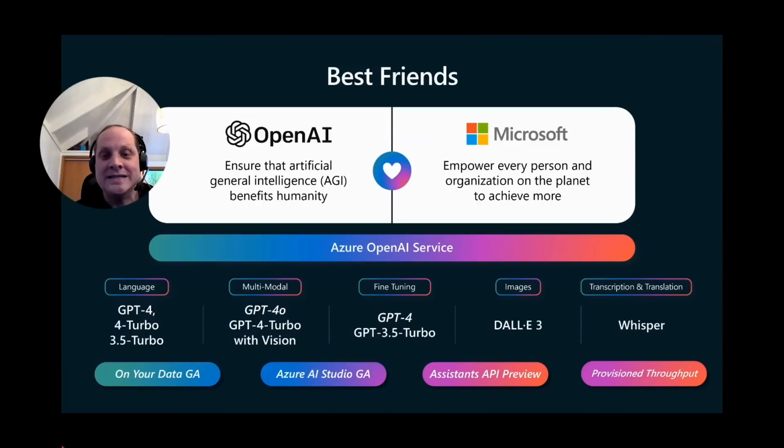But if we look at the different models that are available, there are the ones you've probably experienced one way or another through either Microsoft Copilot or ChatGPT. There's the GPT-4, GPT-4 Turbo, and GPT-3.5 Turbo. Now, GPT-3.5 Turbo was the original model that backed the OpenAI ChatGPT service, but